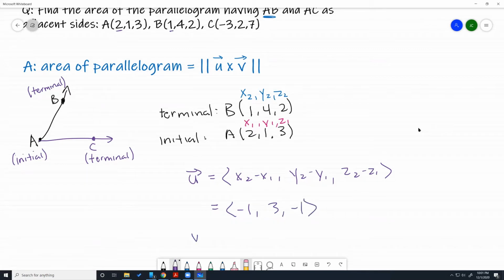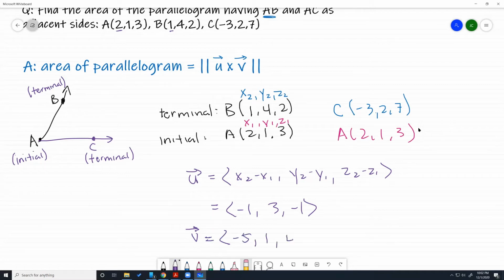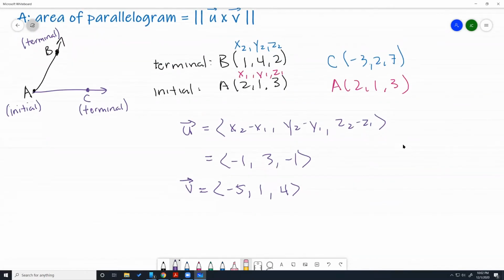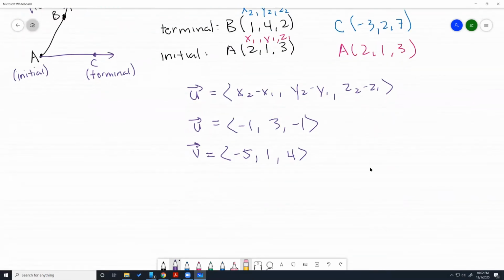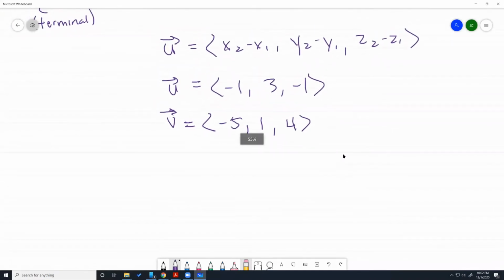Let's do the same thing for v, but where the terminal is C. C will be -3, 2, 7, and initial is A, 2, 1, 3. So you're basically going to subtract the top values minus the bottom values there. So v is going to be -3 minus 2 is -5, 2 minus 1 is 1, 7 minus 3 is 4. So we have our two vectors, and now you can find the cross product